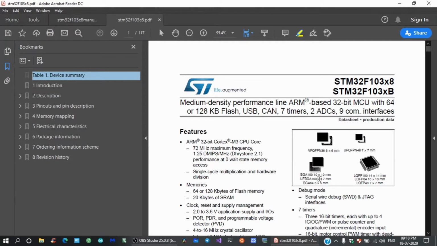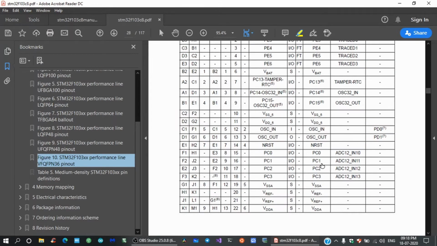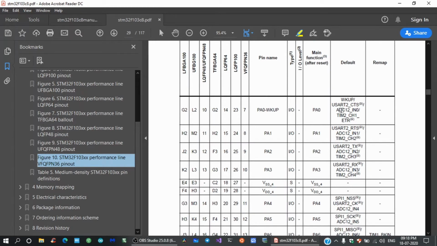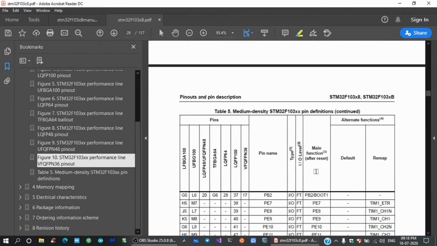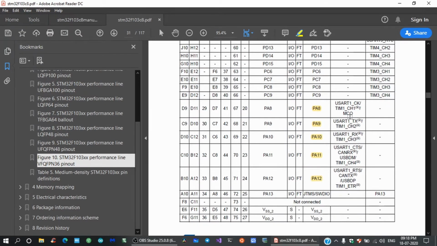The STM32F1 series consists of a total of 2 to 3 UARTs, as mentioned in this datasheet. In this tutorial, I will be using UART1. If we look here, the UART2 pins CTS, A1, A0, A2, A3 are UART2's, which are present on bus 1 of the STM32, while UART1 is present on A8, A9, A10, A11 and A12. Since we are using asynchronous mode, we require the A9 and A10 pins. If we were using synchronous mode, we may require the clock line, that is on A8. So these are the pins we need to enable by using UART1.